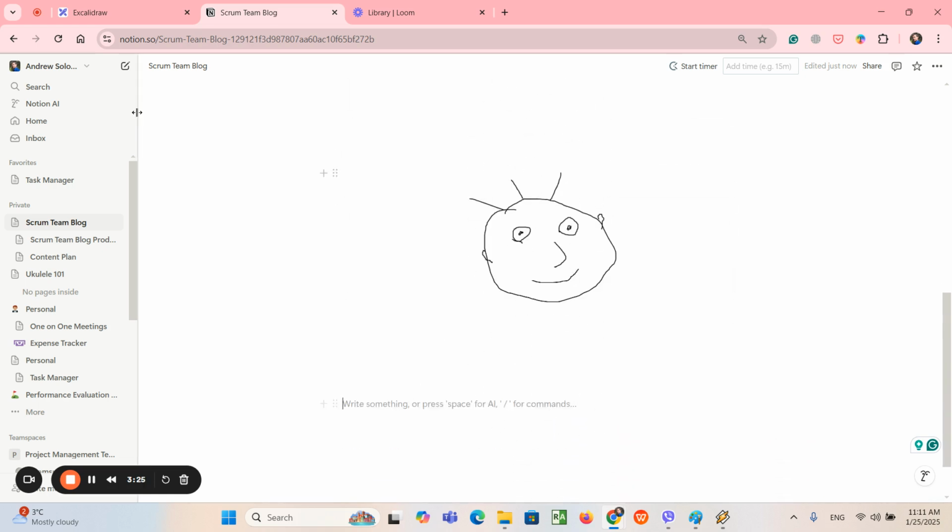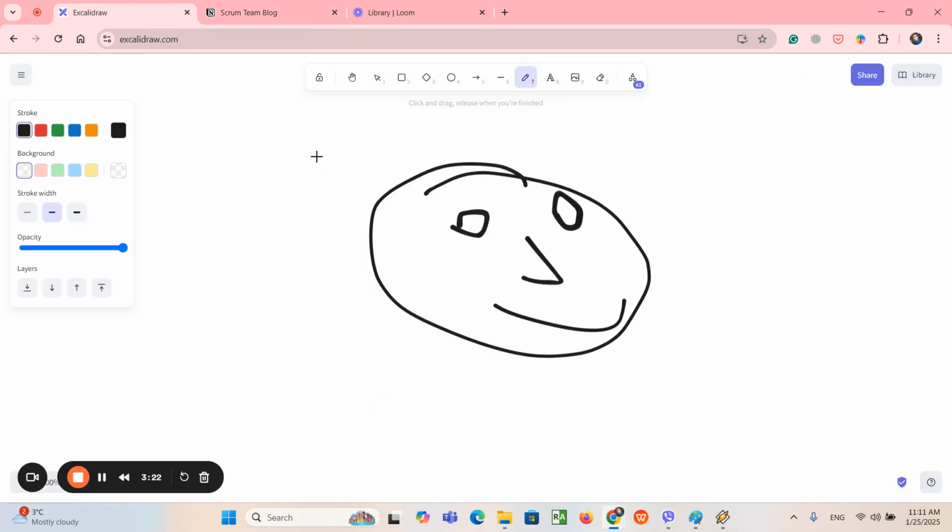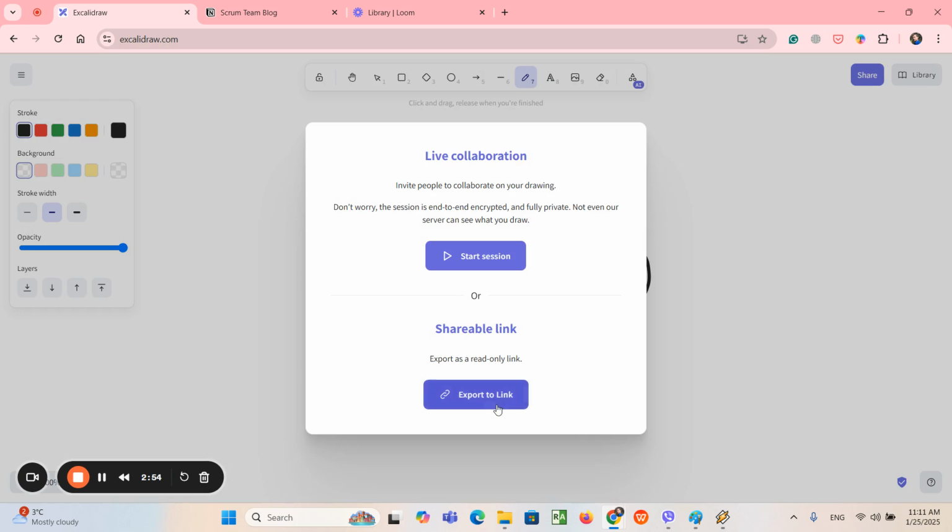And the second way, you may use external drawing tools, like for example, this one, Excalidraw. We have a lot of them, I guess. Miro, another example, I believe, something like this. So let me, sorry, let me add a few details to this drawing, just in case. Yeah, so you have this drawing in this external drawing tool,